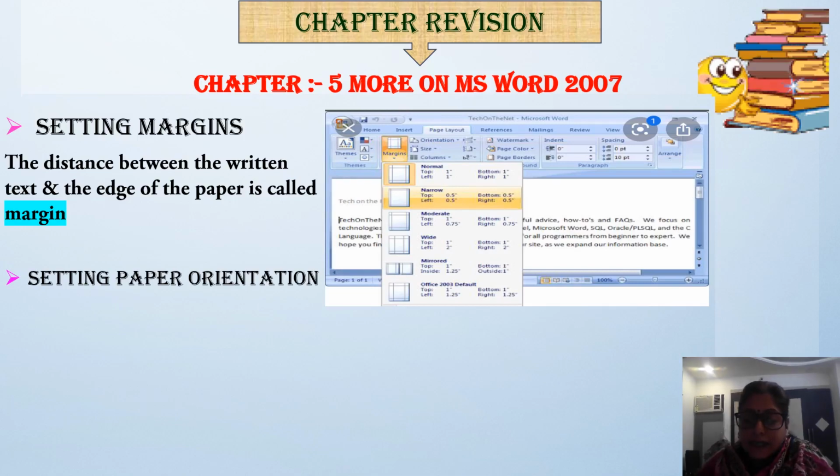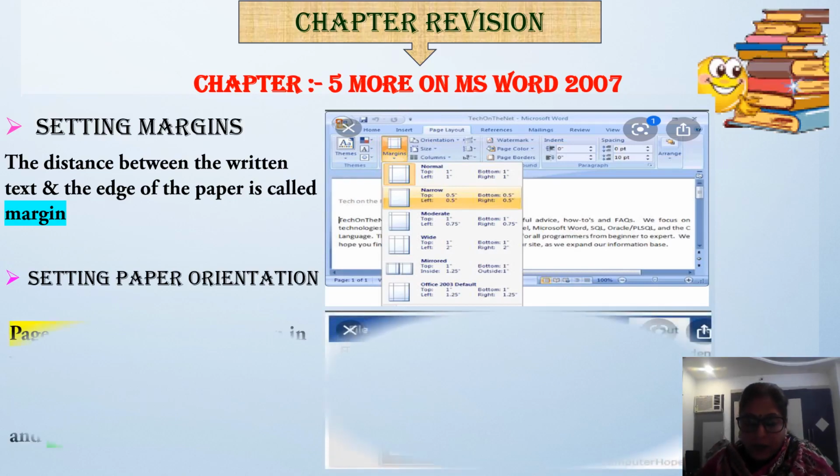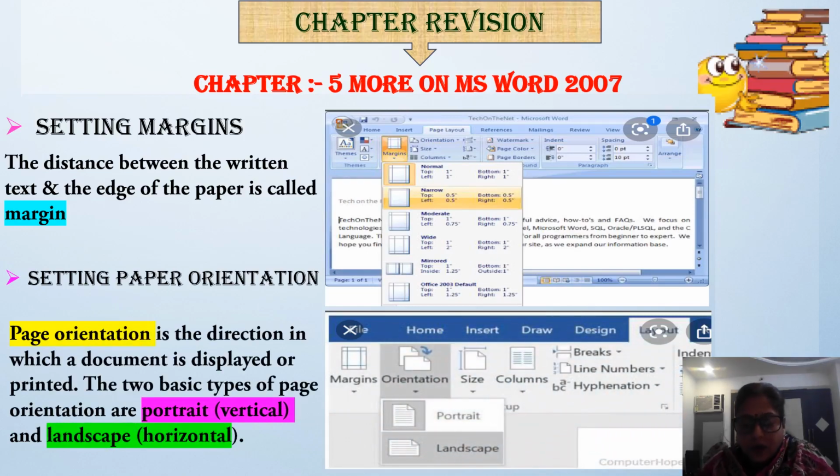Then next is setting paper orientation. Okay. So children, page orientation is the direction in which a document is displayed or printed. Means page orientation shows the direction of the document, means how it gets displayed, how it is printed.